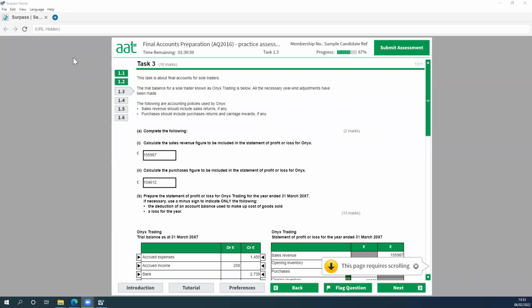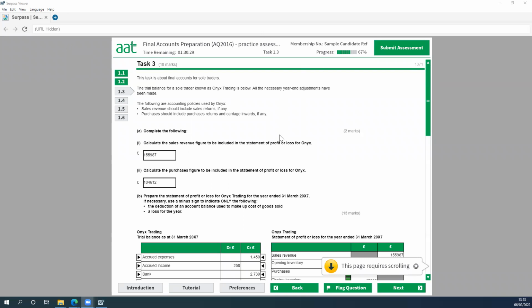I did the first video when I did questions 1.1 and 1.2, so let's carry on and go through the rest of it. So task 3 is about the final accounts for sole traders. The trial balance of the sole trader known as Onyx Trading is below. And then what we need to do first